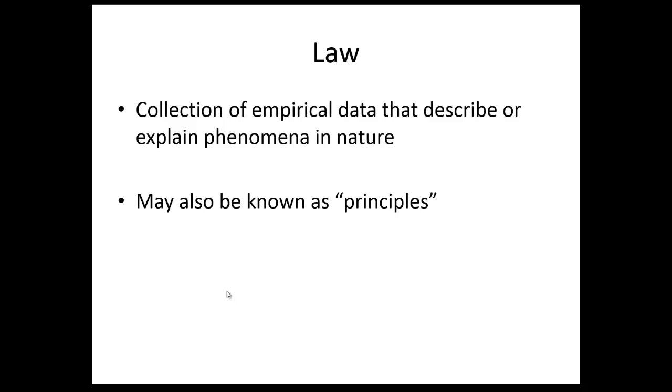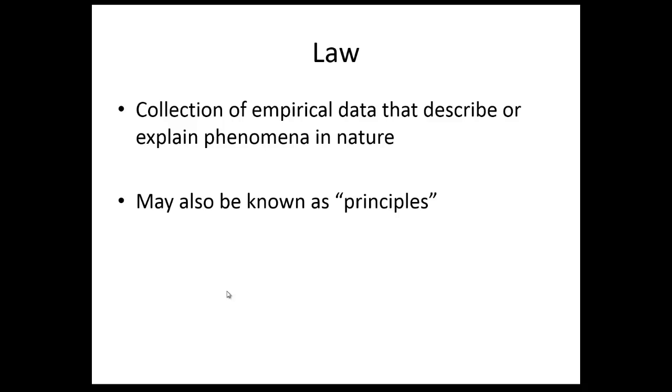So think of theories as explaining the why, and they can be proven wrong with experimental data, where a law is repeatable. It cannot be proven wrong because it's just an observation that we don't necessarily know why it happened. We can just observe that it occurs. Newton's 3 laws of motion are another example. We know that we observe those. Every action, there's an equal and opposite reaction. That's Newton's 3rd law. We know that that occurs, but we don't necessarily need to know why or explain why it occurs. A law just tells you what's going to happen, and it can be repeated pretty easily.